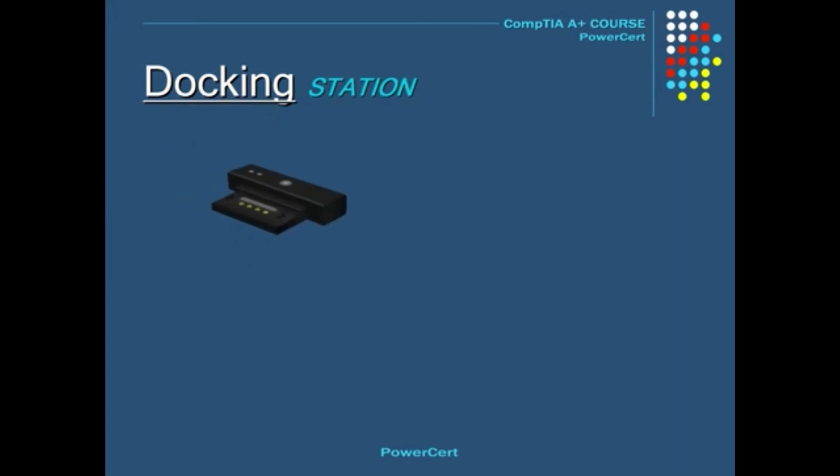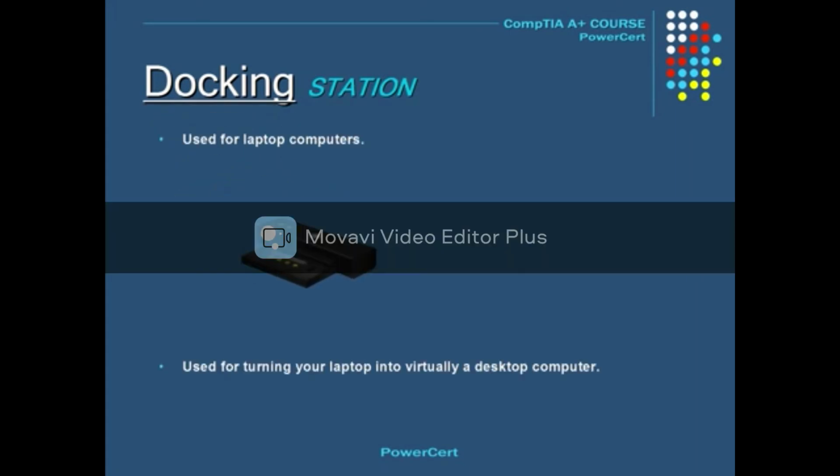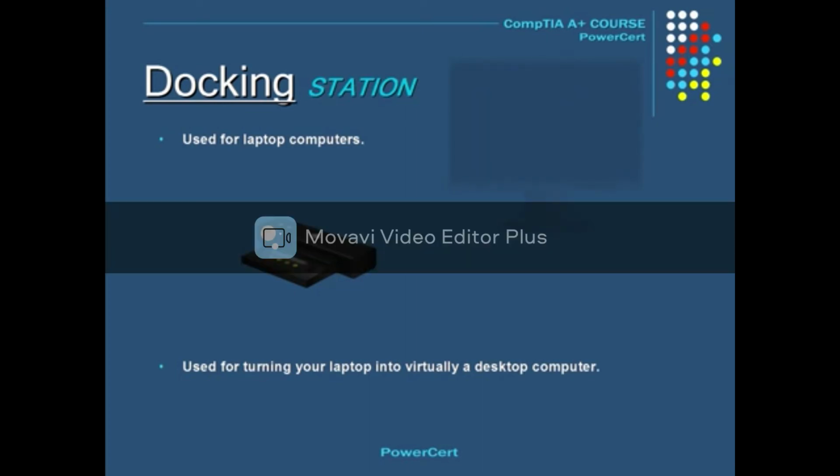A docking station is used for laptop computers. It's a device that is used for basically turning your laptop into virtually a desktop computer. We all know that laptops are generally smaller than desktops. For example, on the laptop, the monitor and keyboard are generally small. So if you wanted to use your laptop at your desk and you wanted to use a bigger monitor and